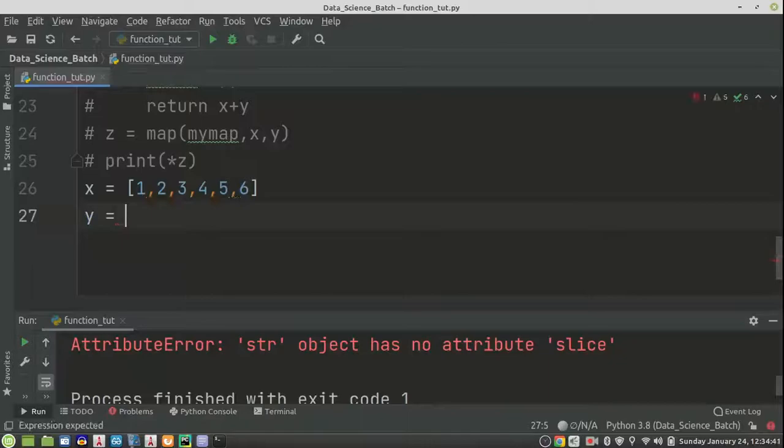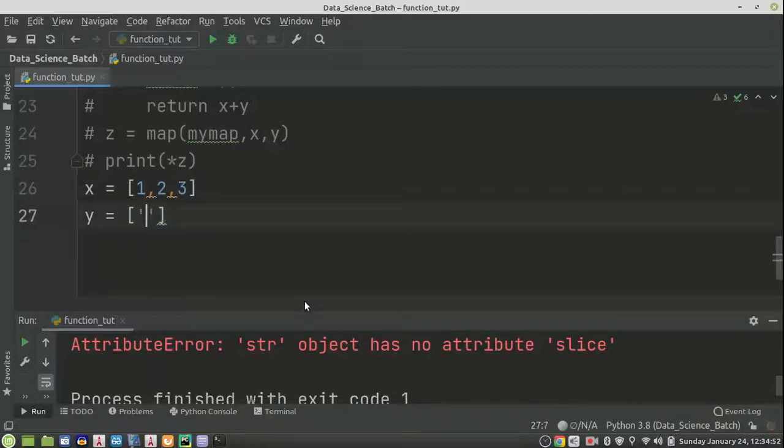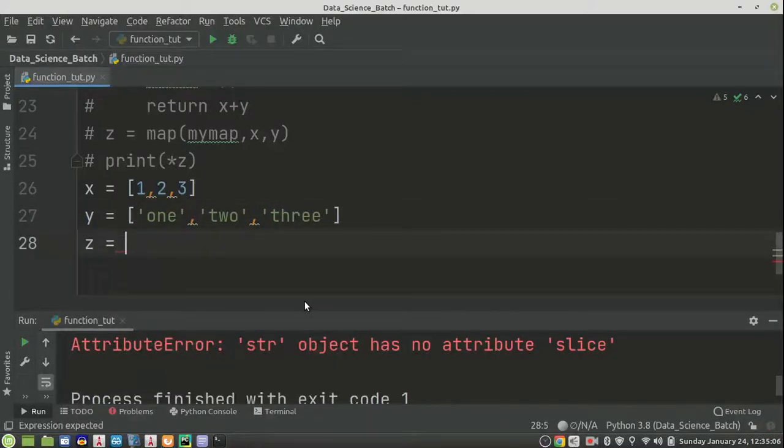Then I will take the second iterable. Instead of taking lots of numbers, I will just finish with a few numbers. So these are 1, 2 and 3.